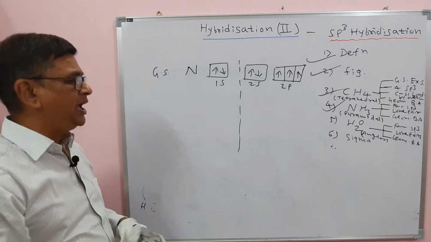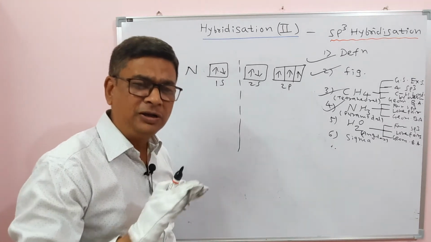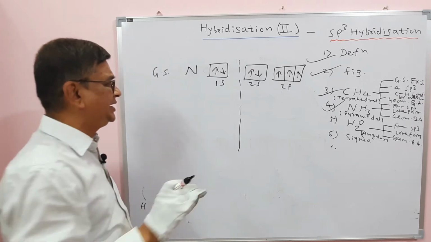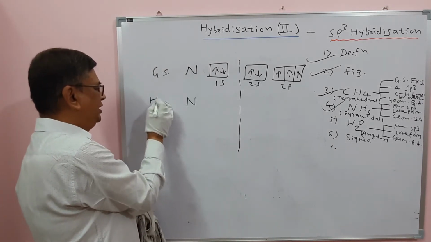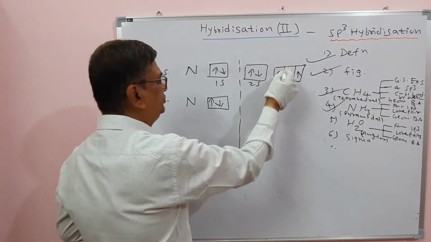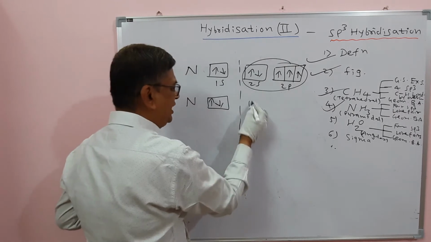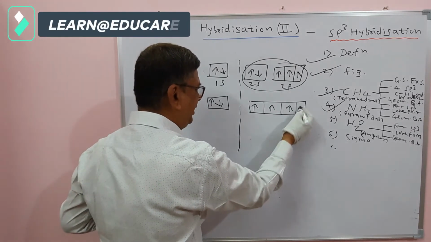But still sp3 hybridization occurs. The excited state is not a compulsory step in hybridization. Without the excited state also it can form sp3 hybrid orbitals. So it is in the hybridized state. Here there is no change in the inner 1s orbital, and these 4 mix and recast, and that gives 4 equal sp3 hybrid